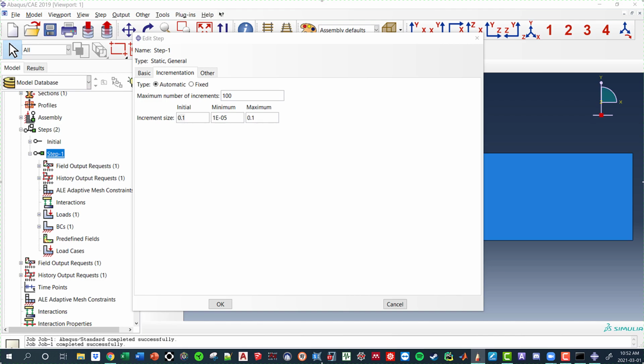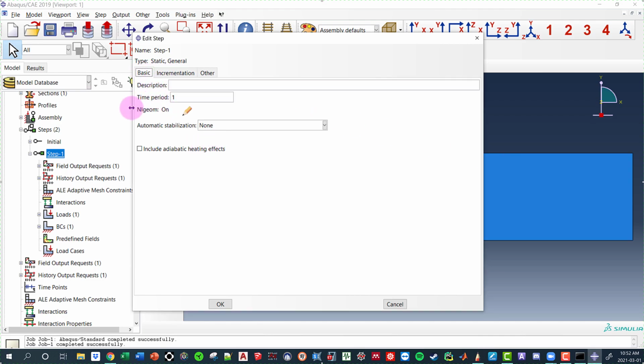So just a little recap real quick before I let you go. Nonlinear geometry, this is what gets you in the green zone for ABAQUS. All you have to do is click this equal to on. That's it. Nice and easy. When we start talking about plasticity, things get a little bit more complex, but nonlinear geometry, that's equal to on.